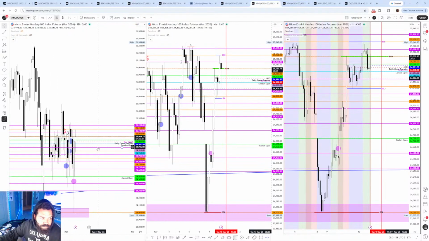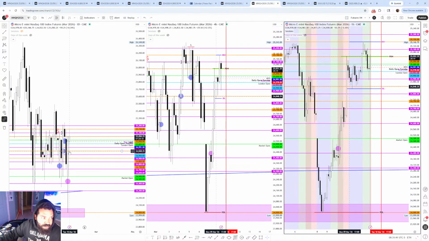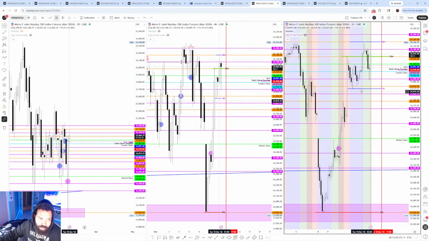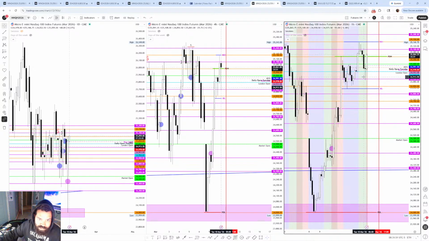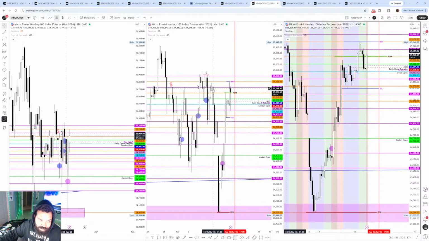And then I'm looking at this just to see how the daily is responding, and then that 4-hour demand area, obviously responding off the H1 24,900. So that's kind of what my bias was, is they may hold this area to continue to go through that liquidity target that I wanted last week and fill the fair value gaps up in here, or they're going to manipulate here at the open. So I'll be patient.